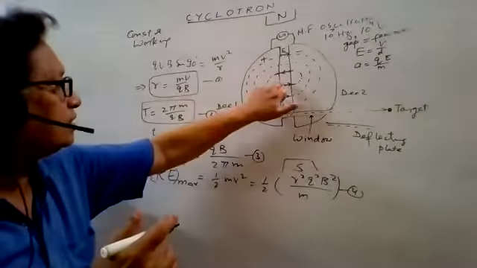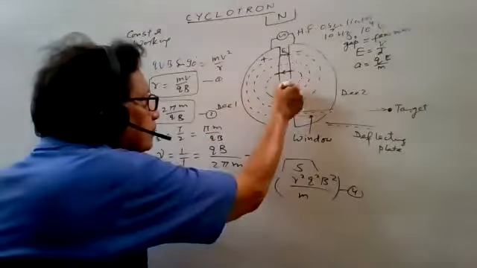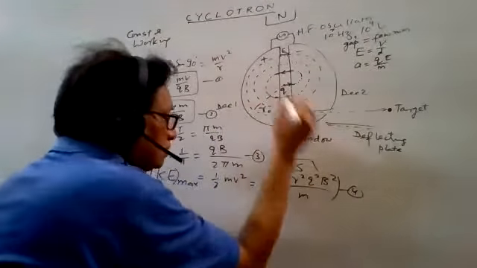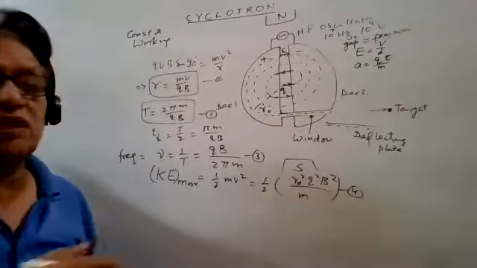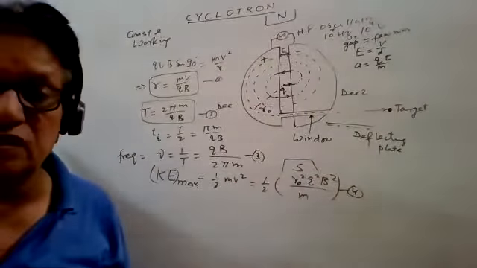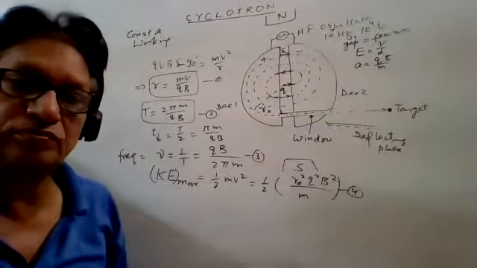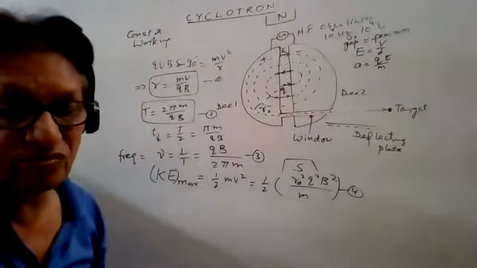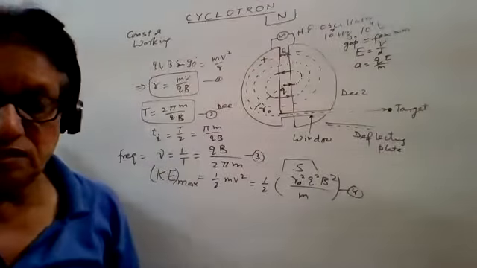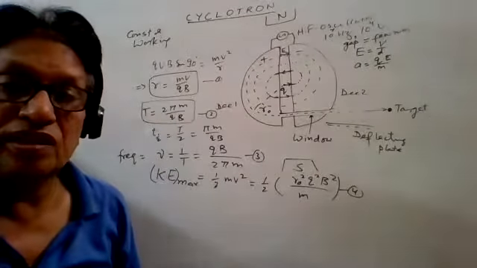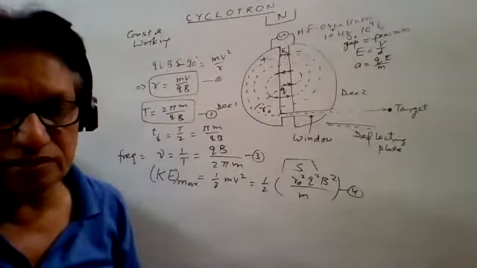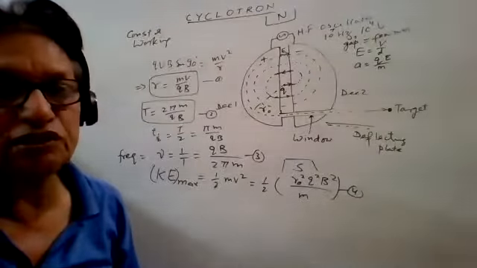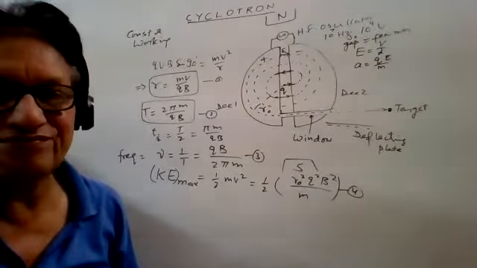And here, let us say radius is maximum. We name it R naught. So here R naught is the radius, which is the maximum of the cyclotron. So this is the maximum kinetic energy with which it is hitting the target. So this is all about the working. Any doubt up to this? Yes, please. Any doubt up to this? We'll discuss many important questions here.